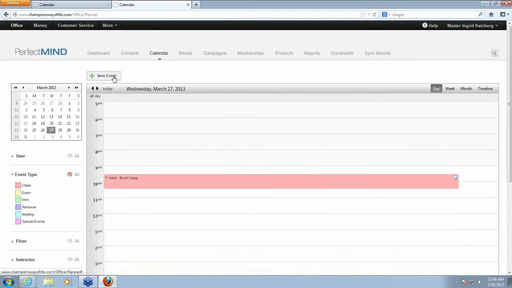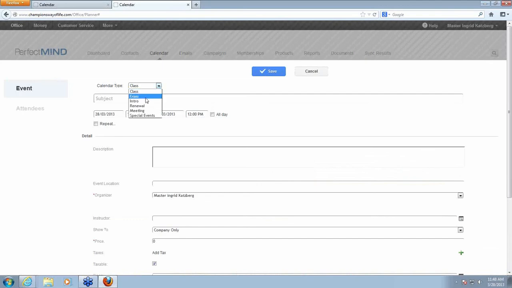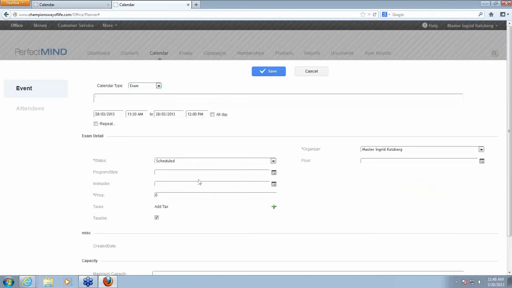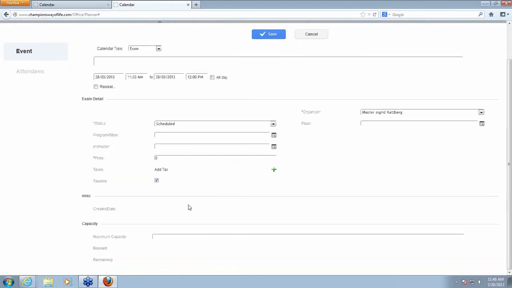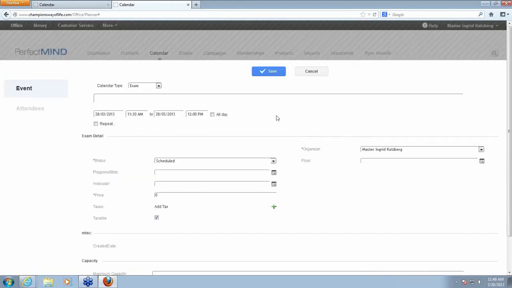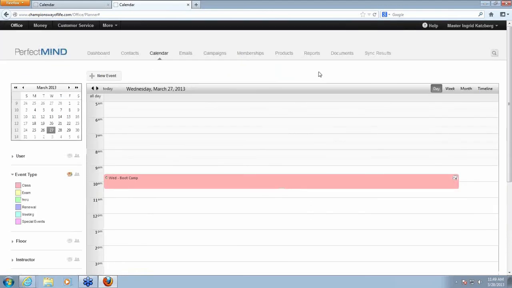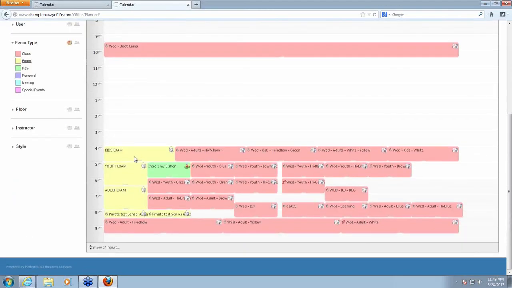So if we wanted to add a new event, click on exam. You give it a name, you set it up, time, and so on. You fill out all the information in order to set up your exam. Okay? Now it's set up. When we click on it,